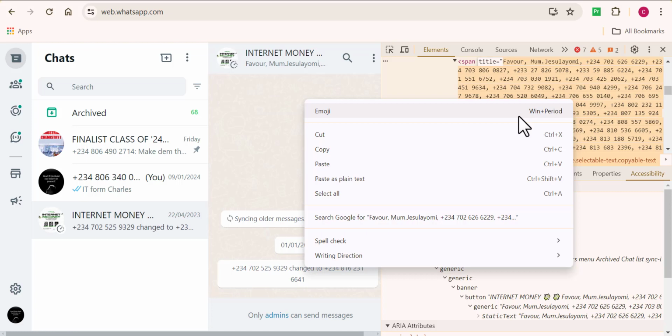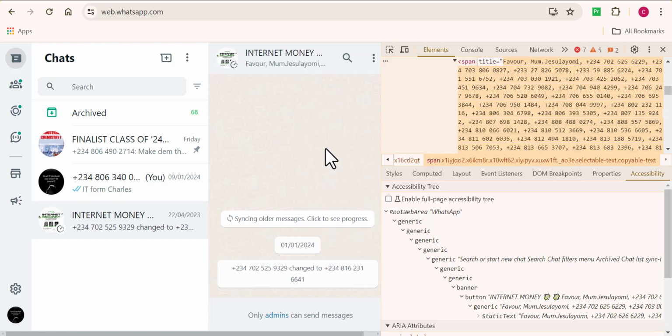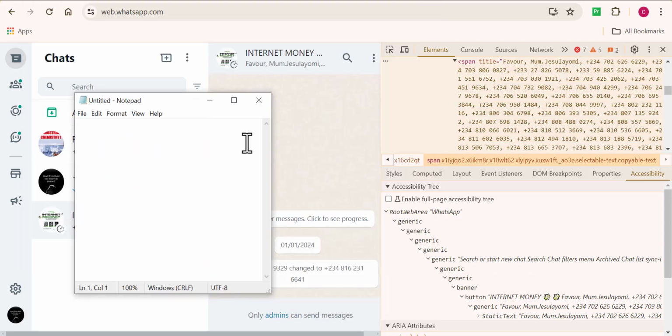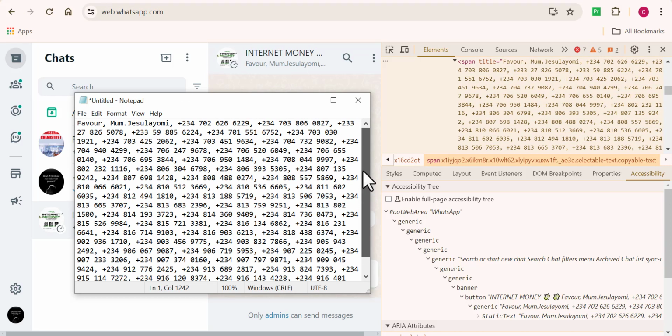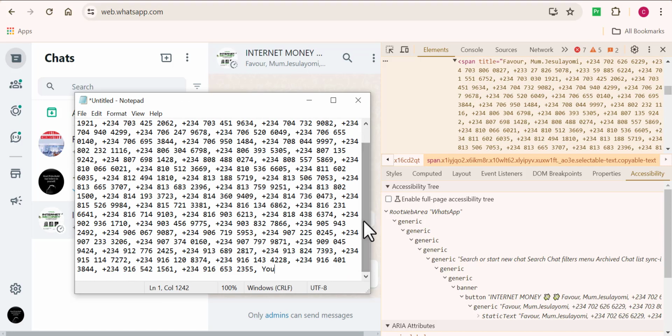So what you're going to do right now is copy the highlighted numbers, all right? You want to copy all of that. The next thing you have to do is open up a notepad or Google Docs and paste those copied contacts right here. So this is the first thing we have to do: we need to find contact addresses of people that we want to reach out to.